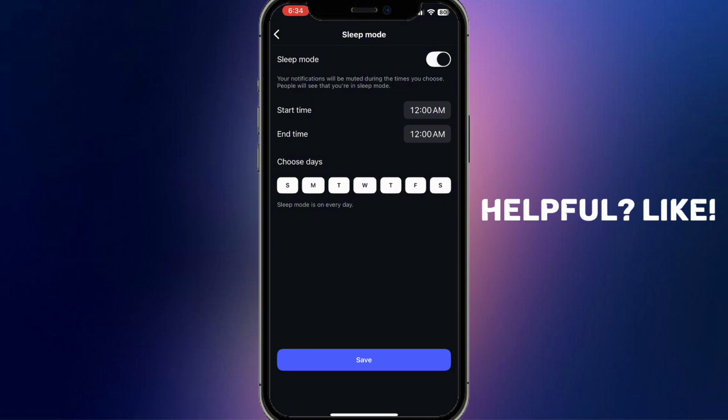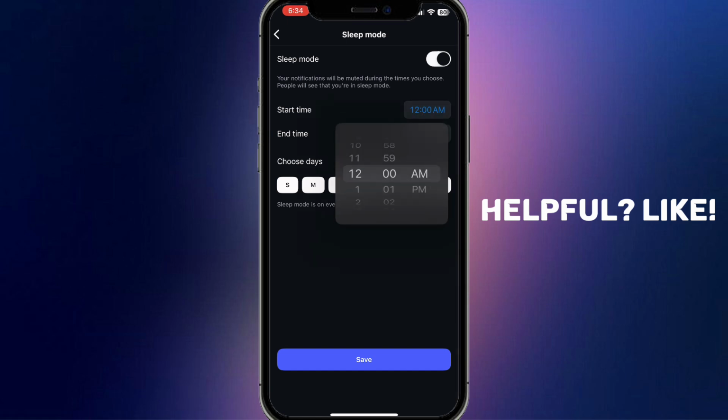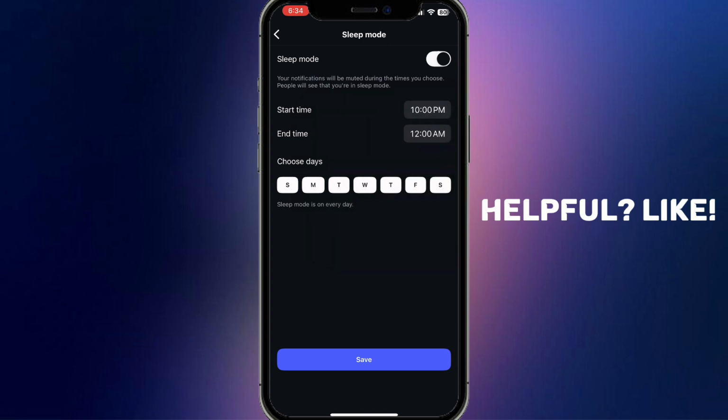And now the sleep mode is turned on from 12 a.m. to 12 a.m. But we need to make some settings to it. So basically we need to change the start time first of all. So for example, I'm sleeping from 10 p.m. to 12 a.m. I don't know, something like that, and I want to sleep like that from